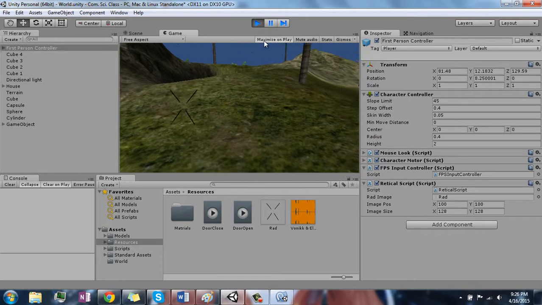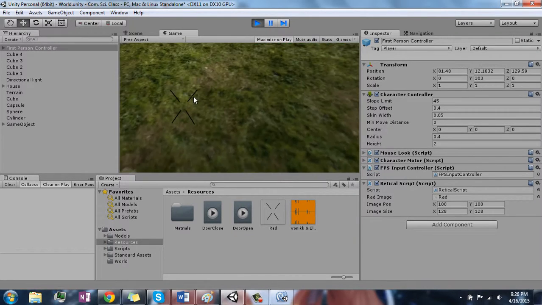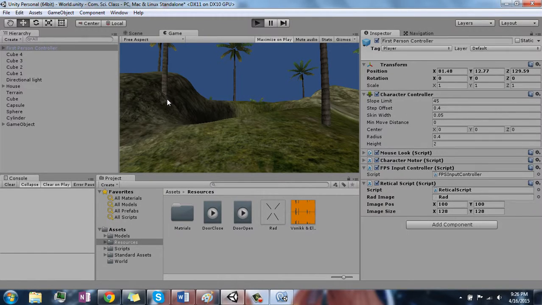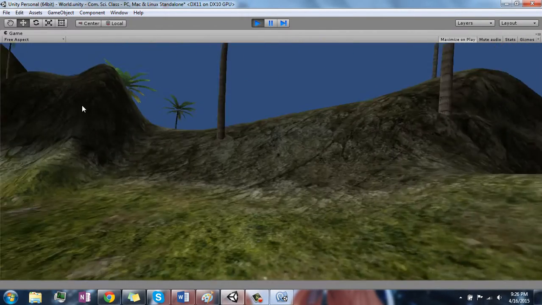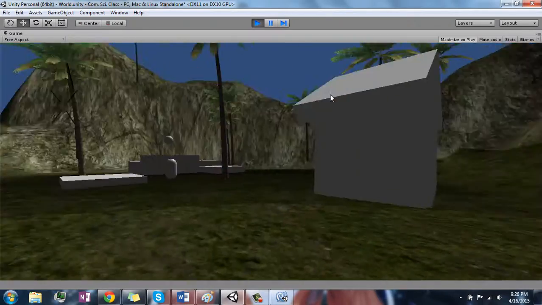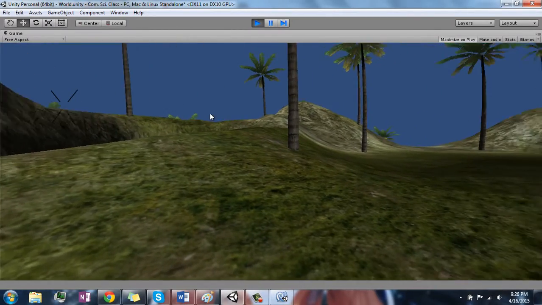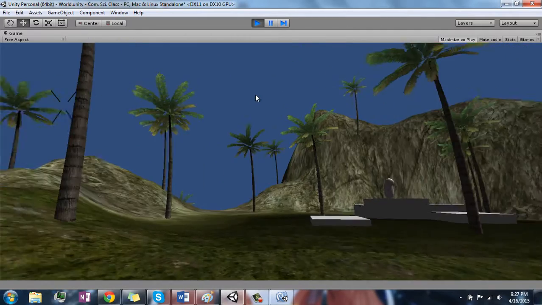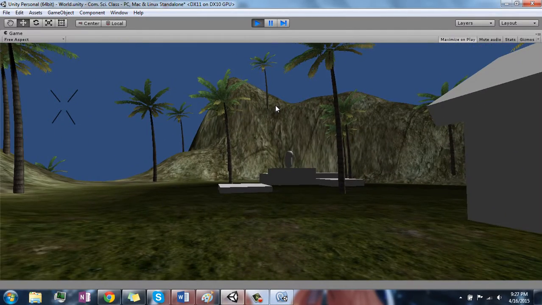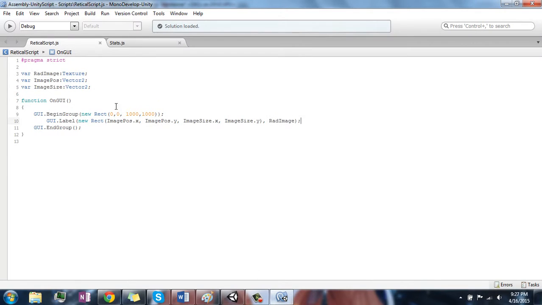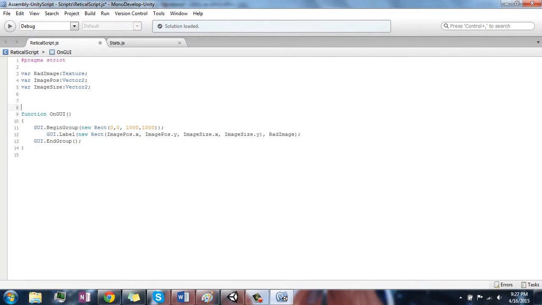But if we were to maximize on play, so remember where that is, it's right there. If we were to max on play, it's going to be over here now. This is very important, because when it's over here, it's not here, which is where you want it to be, which means hard coding values isn't really good with GUIs. This means that we need to program it, and we could very simply do it by doing